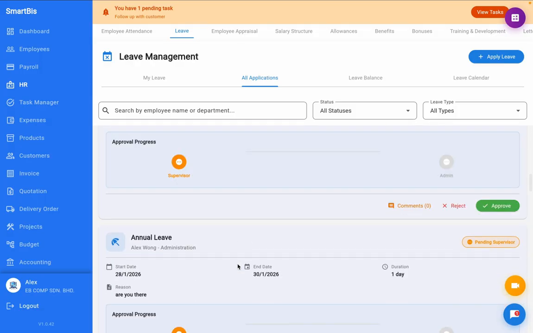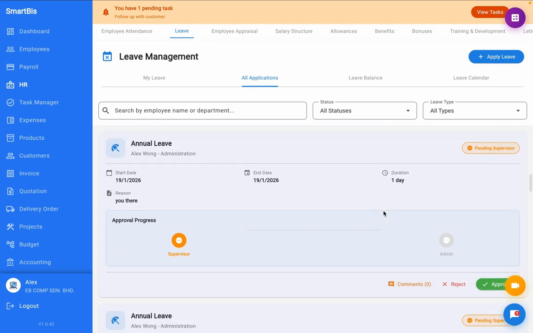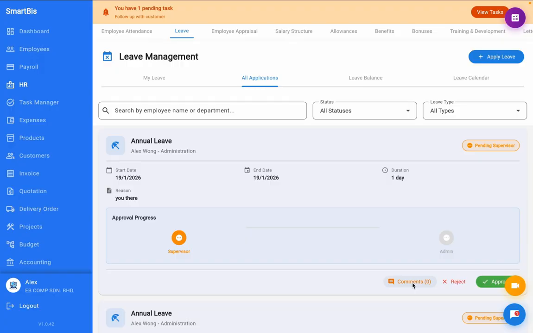Now, another important feature is that you can be able to see whenever an employee applies for leave, the manager, the supervisor, or whoever is in charge of approving can check out the leave. If there's anything wrong, if the employee didn't attach any supporting document, you can easily click on this comment and add a comment and to tell the